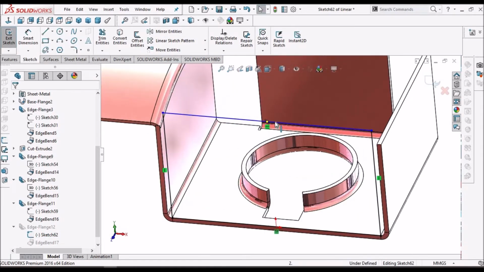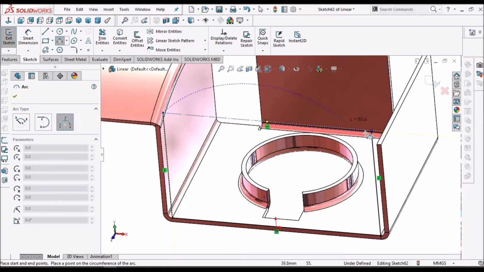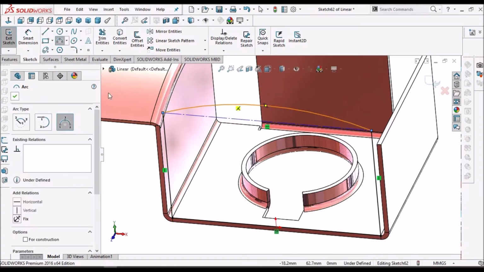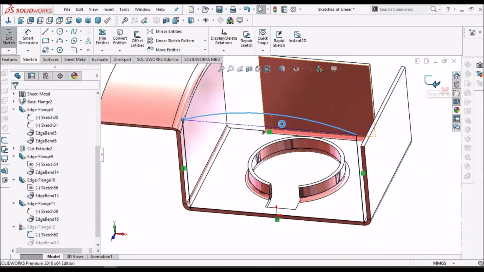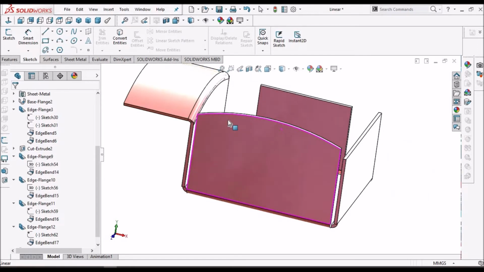Here I don't want a flat surface, so I can make this sketch as construction. I can take a 3-point arc. So this is how we can create a curved edge.